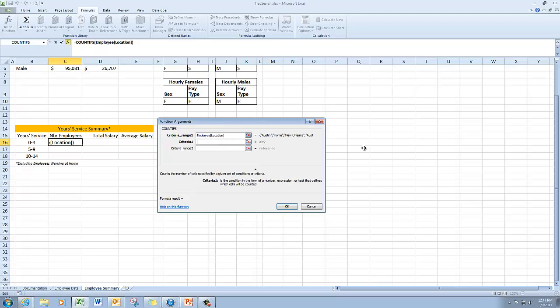And then my first criteria is that these people do not work at home, so I want it to be not equal to home. Now notice that as I advanced to criteria range 2, Excel placed quotes around my not equal to home criteria. And that's part of the syntax. The criteria are enclosed in quotes. So criteria range 2 will also come from the employee table, and this time I'm looking at years of service. So I'm going to type in years service for the field name,